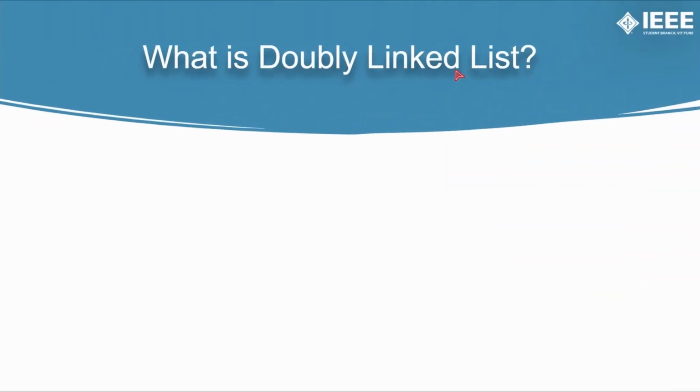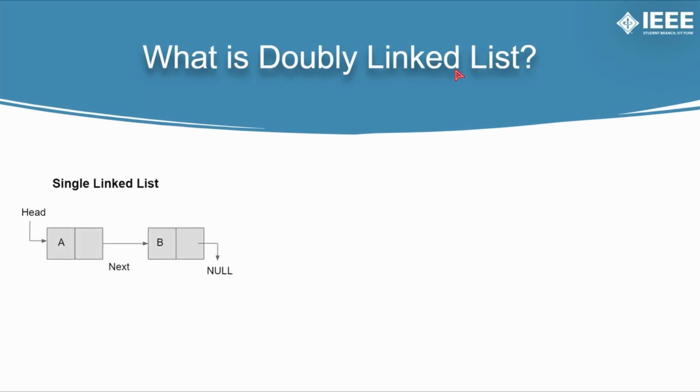So what exactly is a doubly linked list? First of all, to revise the concepts of single linked list, we had an object named node in which we had the data as well as the address to the next node. So that was basically a pointer to the next node. The head will be the node A, which will contain the data in it as well as the memory address of the second or the upcoming node. So it will be pointing towards the next node, towards the data of the next node. And further, as the B node is the tail over here, it will be further pointing towards null.